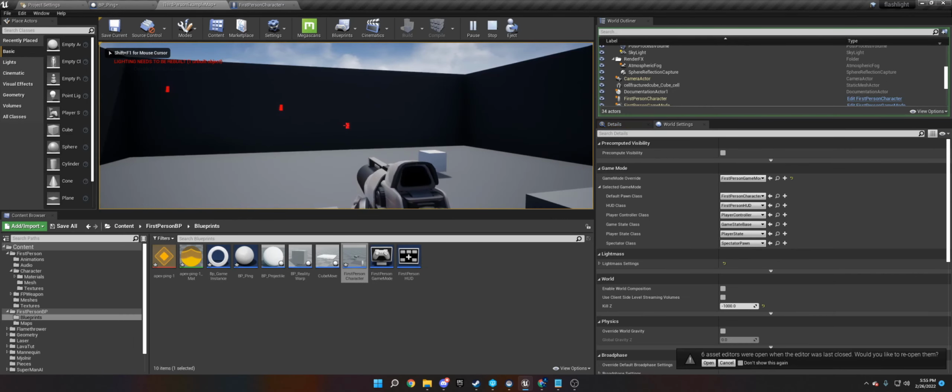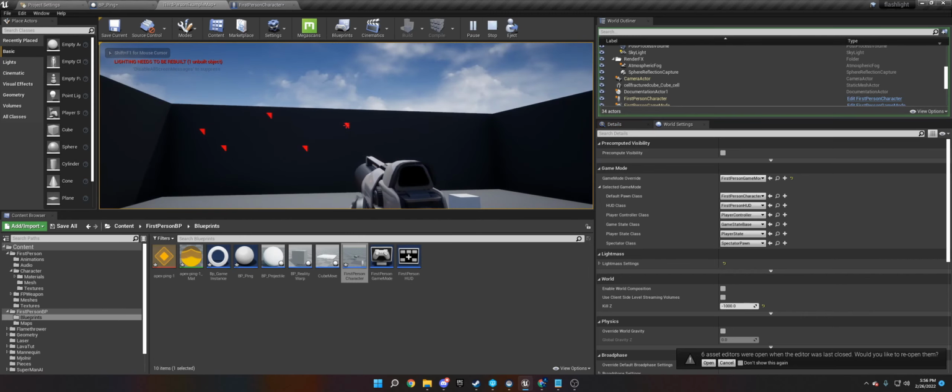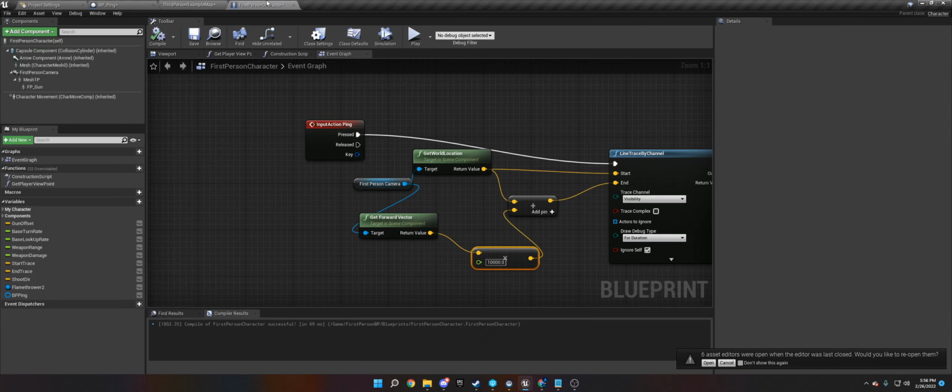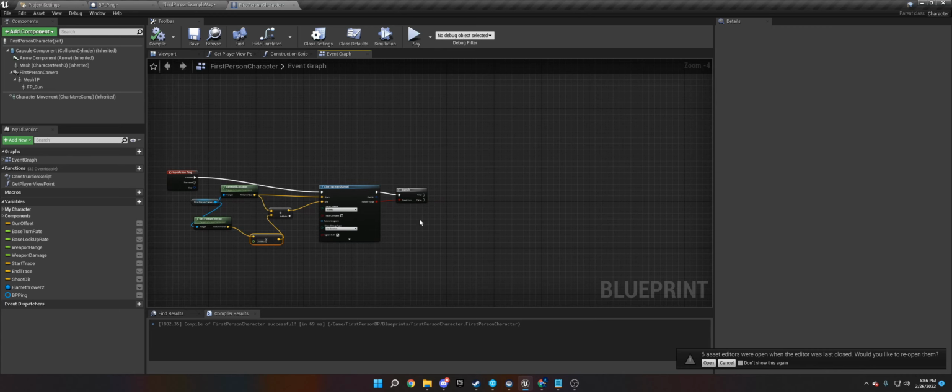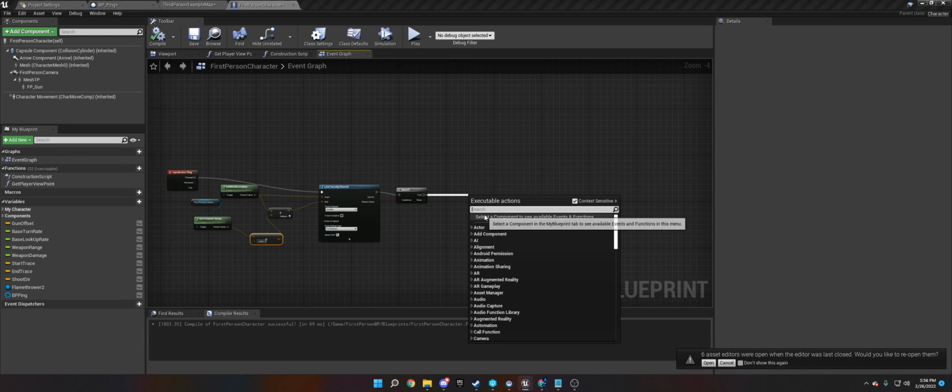And now you can actually see the line trace. So all those red dots are the line trace hitting stuff. So if you wanted to go farther or shorter, increase or decrease this number respectively. Okay, so we have that now. And we need to do on true a branch hit. That means if it hits something, we are going to